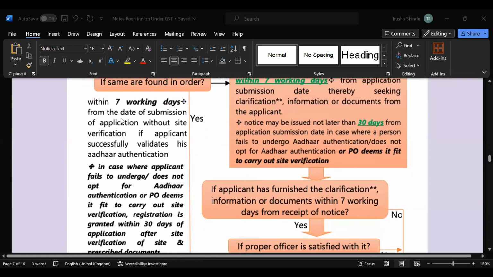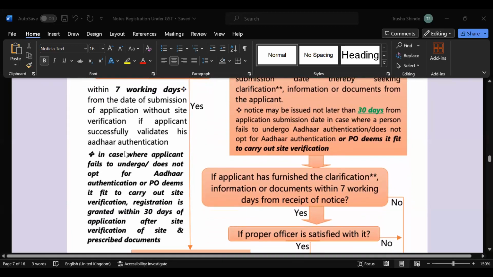In that case, within 7 working days from the date of submission of the application, this has been verified and he successfully validates his Aadhaar authentication. Again, if that is not done, then he can opt for the Aadhaar authentication, or your proper officer